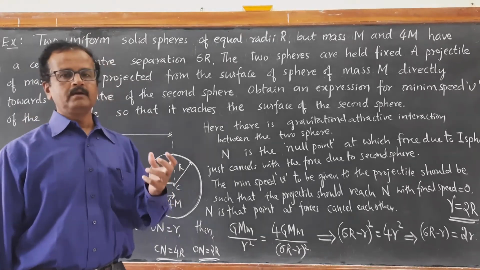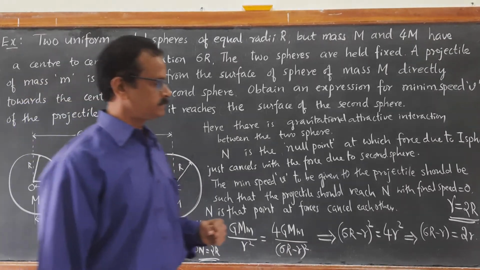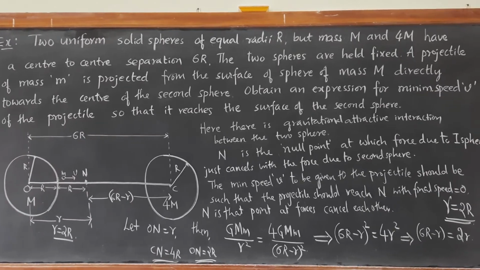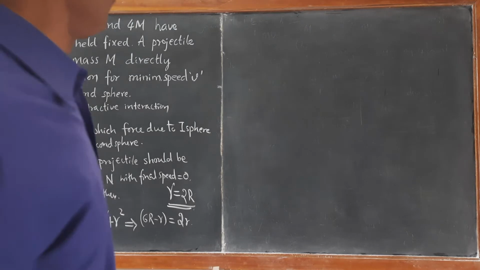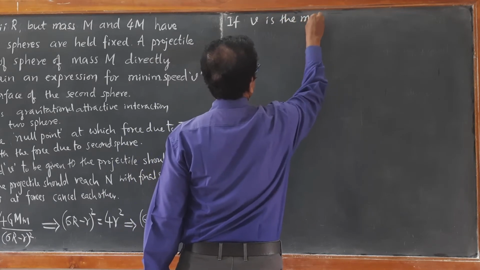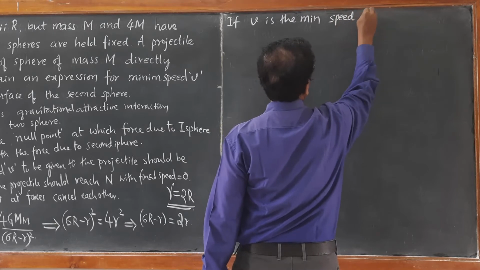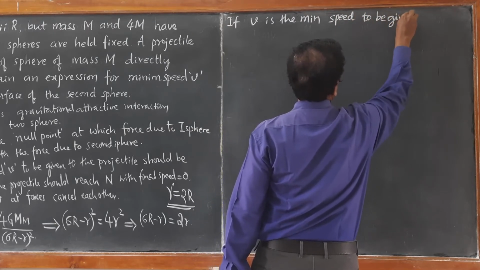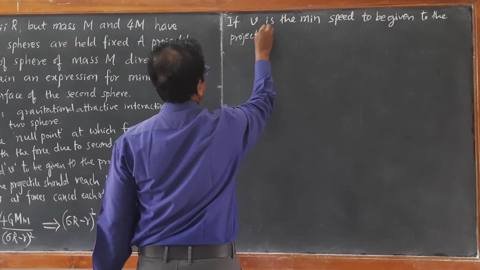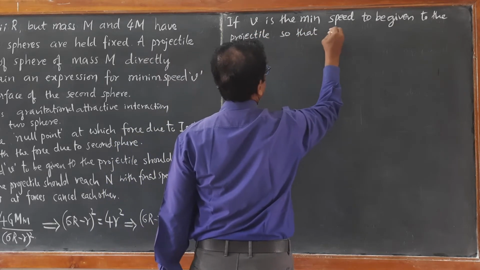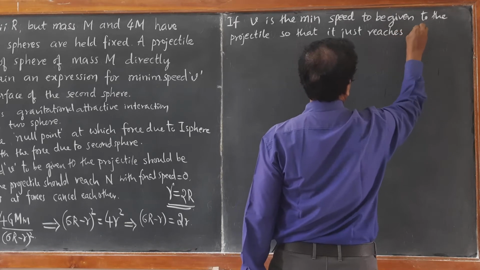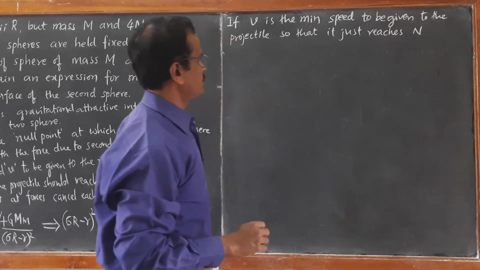We are again using conservation of energy, conservation of mechanical energy. So if V is the minimum speed to be given to the projectile so that it just reaches N, it just reaches N. Then